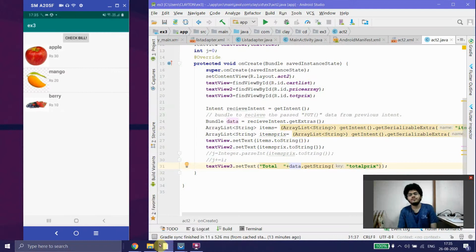Diving in, we have two activities. That is your first main activity, and the second activity, that is your second screen. And we also have a list adapter that enables the list from your main activity. As you see out here,